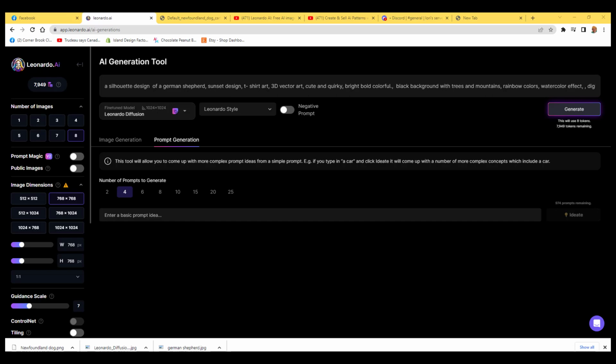Hi there. Today I'm going to show you how I use Leonardo AI to generate some images that I can use in my Printify account to come up with some beautiful products to add to my Etsy store. Right now I'm doing a series of